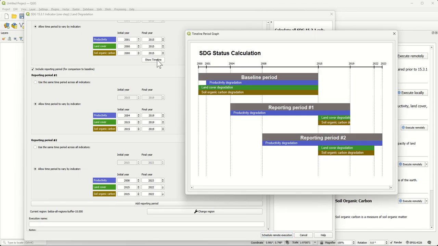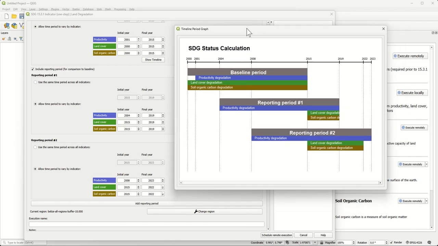Now we have developed this graphical interface so you can visualize how each of the subindicators span over time for the baseline period, for reporting period 1 and for reporting period 2.